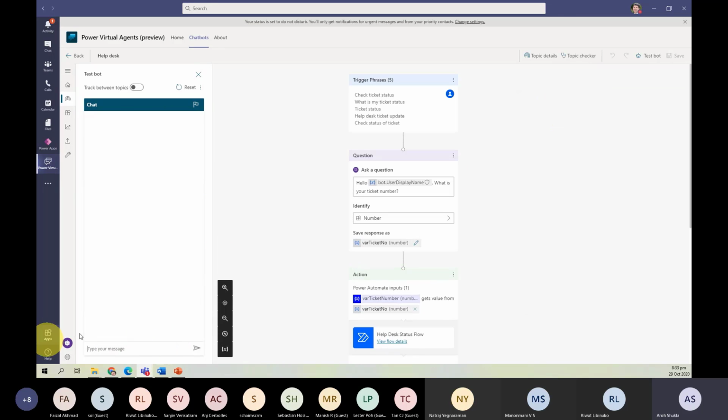Okay, so what I want to do, I'm asking the chatbot. Hello. Okay, my chatbot is asking how I can help. So I wanted, what is my status.